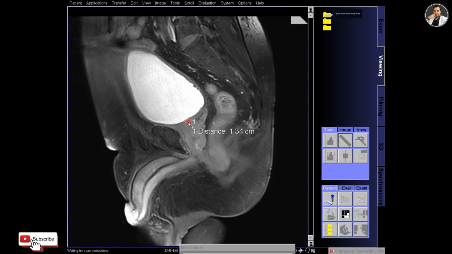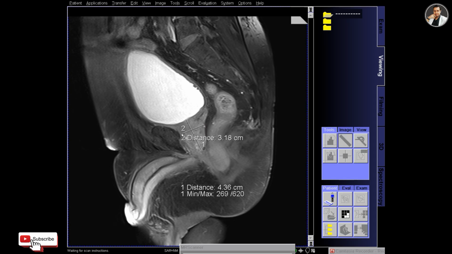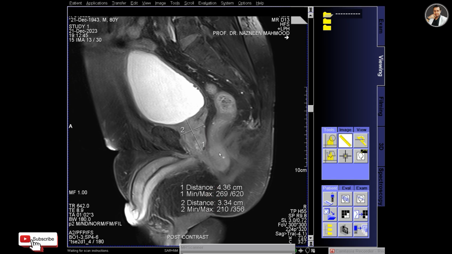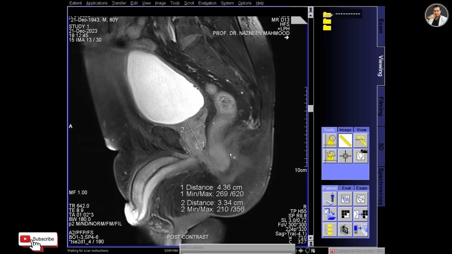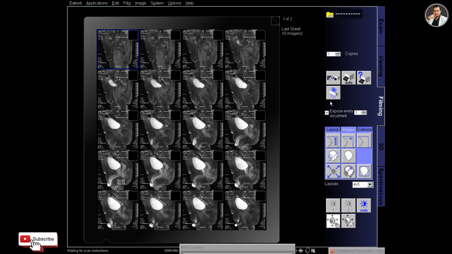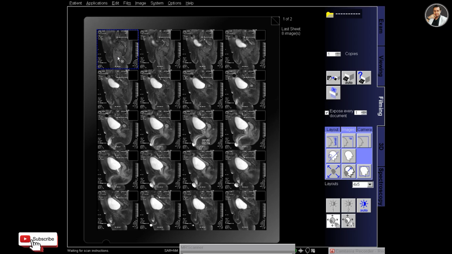So in this view, I will again draw a measurement line, and it will help the radiologist for the report. And then select series and send it to the filming.